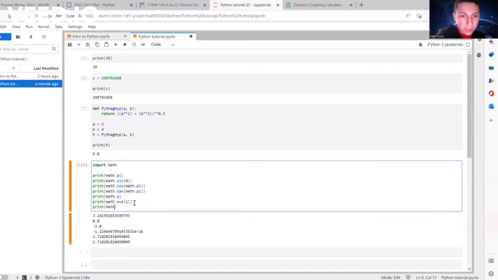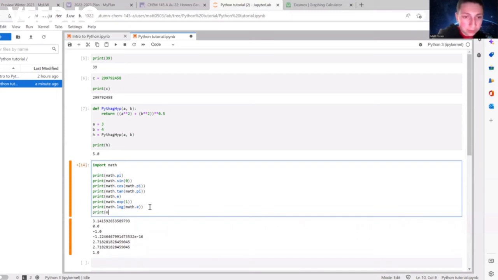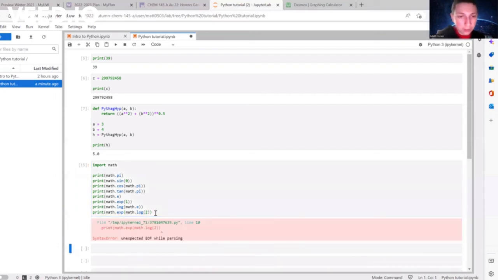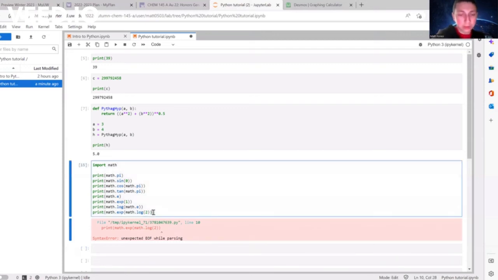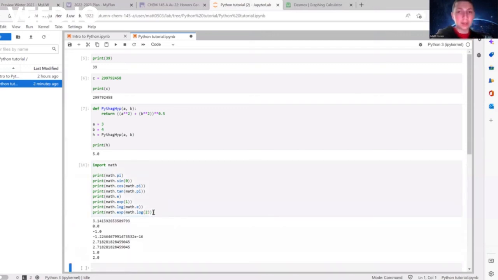We can also do natural logs as well. So that would be print math.log. Let's try log of e, which should be just 1. There we go. And let's do one final test. Let's do print math.exp, so e raised to the power of the natural log of 2. e raised to the power of a natural log is just whatever you take the natural log of, so you should get 2. Whoops, what's going on? Well, I missed a parenthesis, so let's fix that, and here we go. And it all works out.